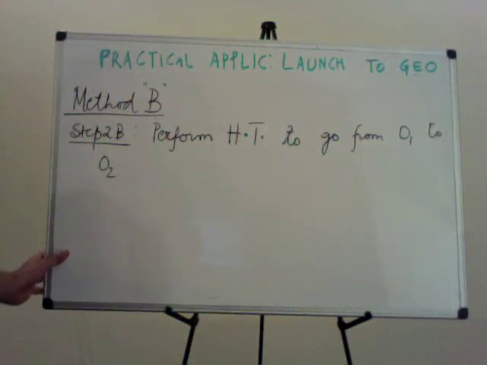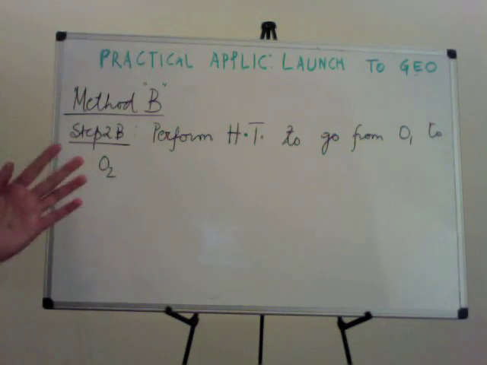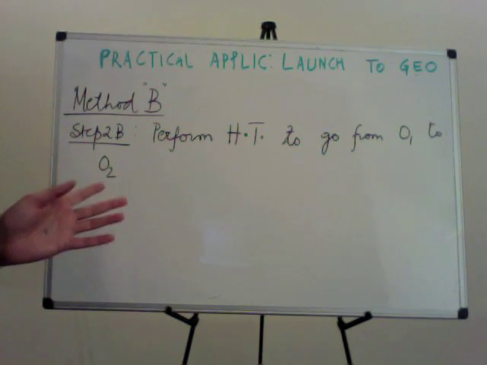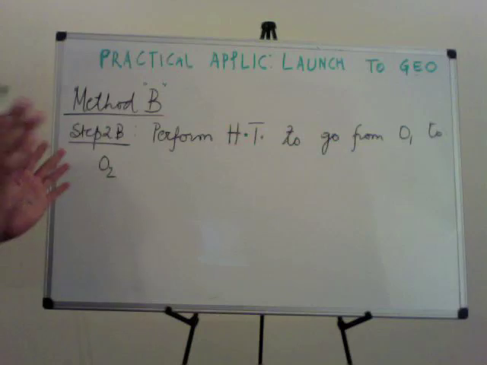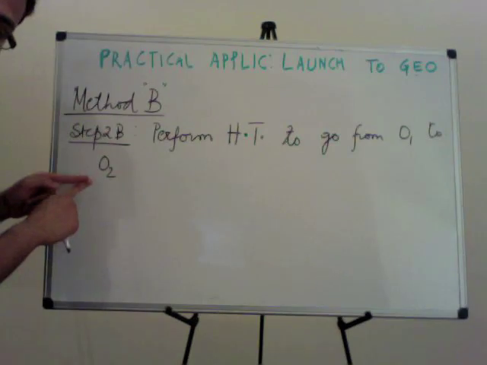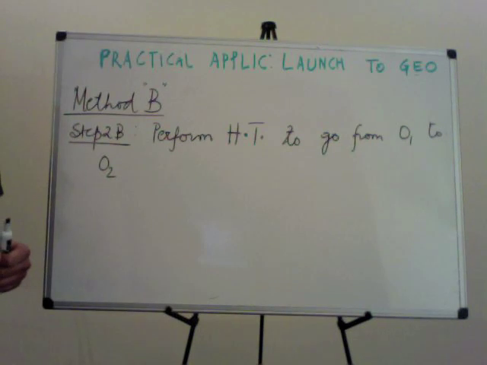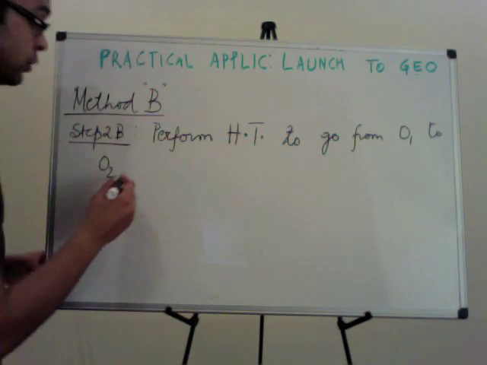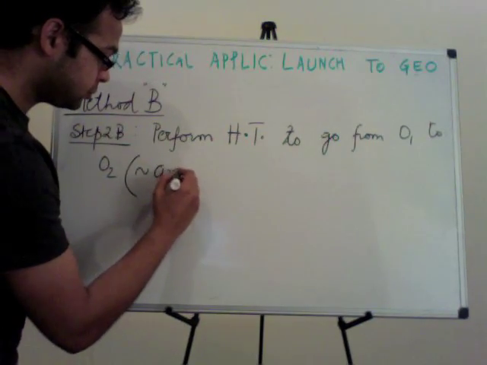What is this O2? This O2 cannot be the same as the O2 in the previous method, right? Because in the previous method, O1 and O2 had different inclinations, meaning that they were not coplanar. So if I am going to do a Hohmann transfer, the resulting orbit O2 must have the same inclination as O1. So this O2 is also going to be circular